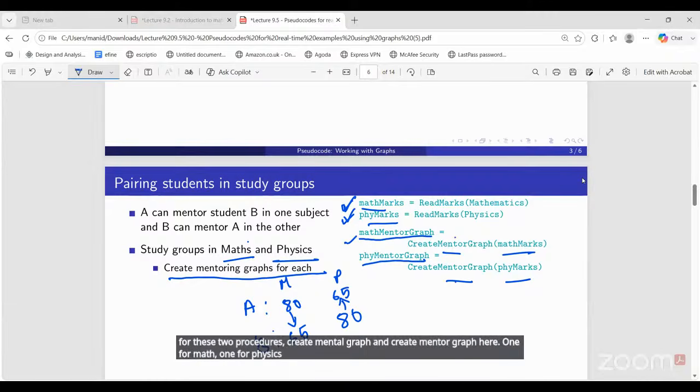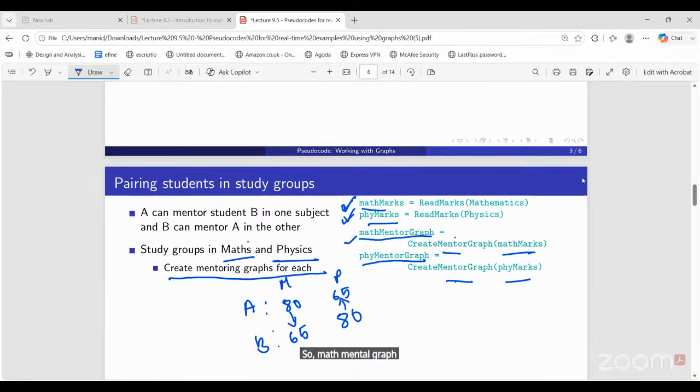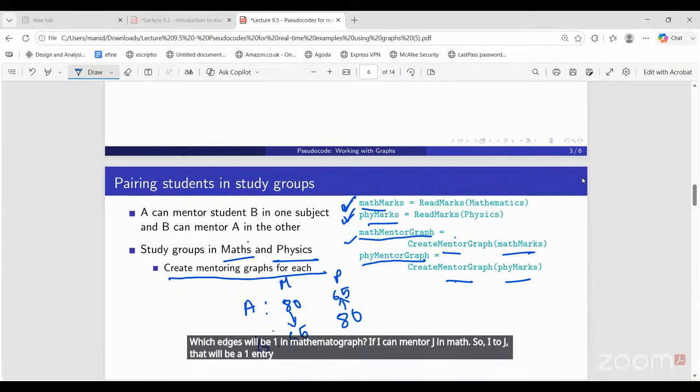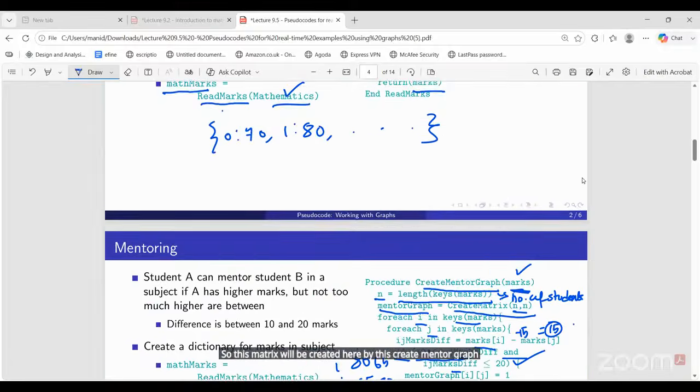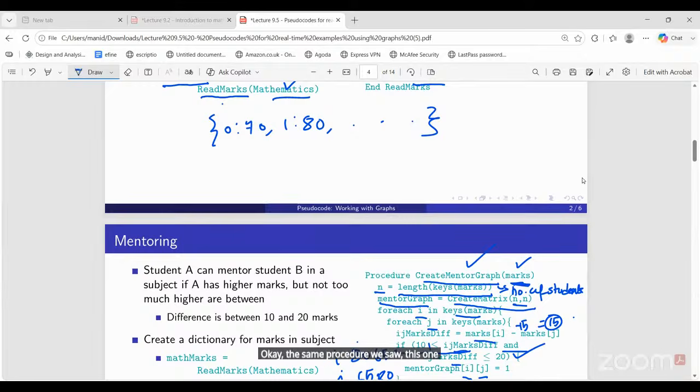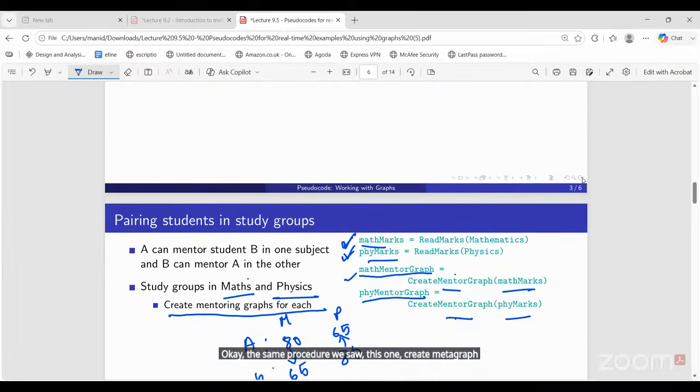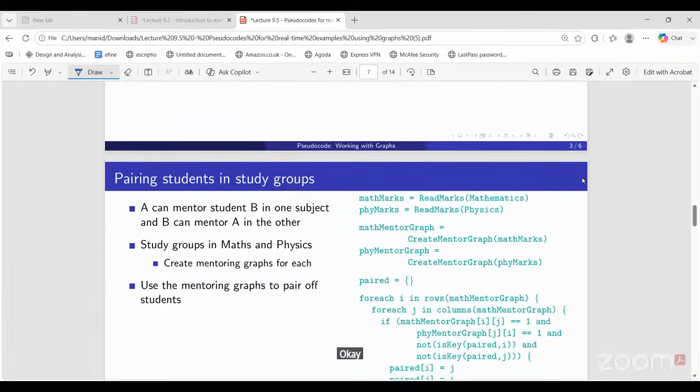So math mentor graph is going to have which edges will be 1 in math mentor graph? If I can mentor j in math. So i to j, that will be a 1 entry, right? Row i, column j. So this matrix will be created here by this create mentor graph. Okay, this is the same procedure we saw, this one, create mentor graph. Okay, now once this is done,